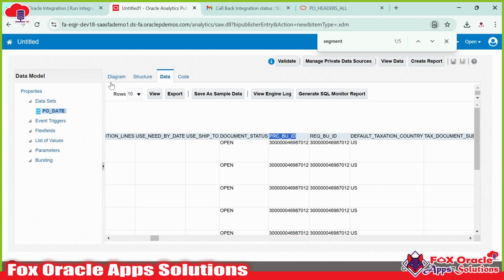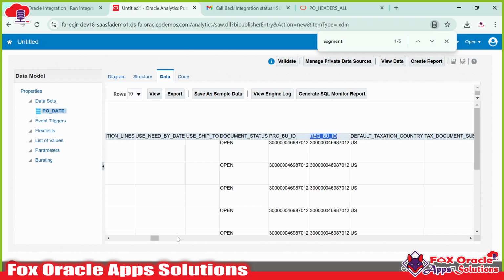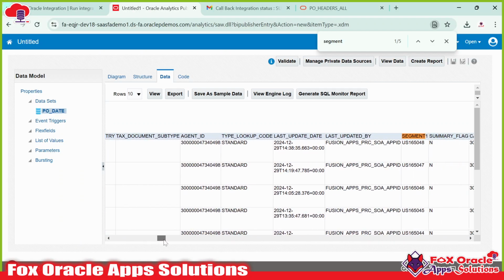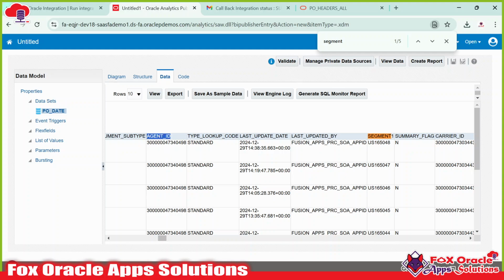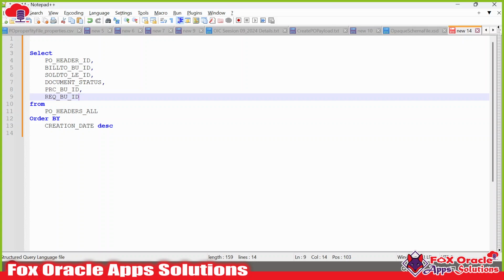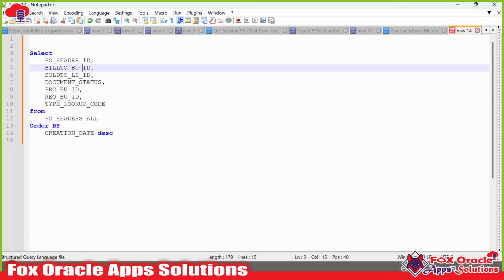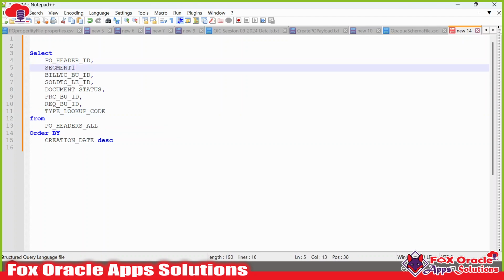Here you can see procurement BU ID, requisition BU ID, and agent is the one who created the purchase order. And here you can see the type lookup code is the type of purchase order, that is a standard we created. And this segment one is that purchase order number, right? So let me copy this segment one, PO header ID, and here the segment one, and I will give the alias as PO number,